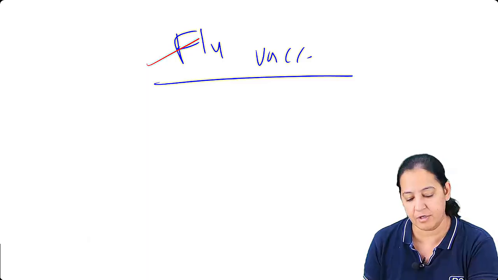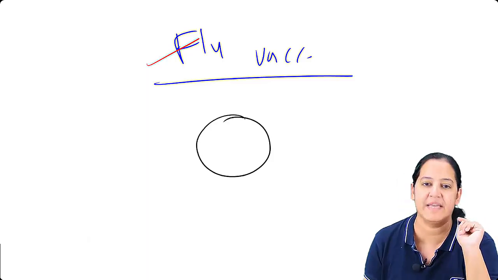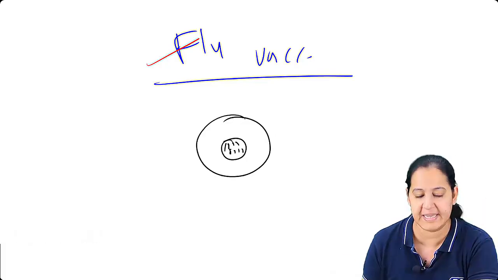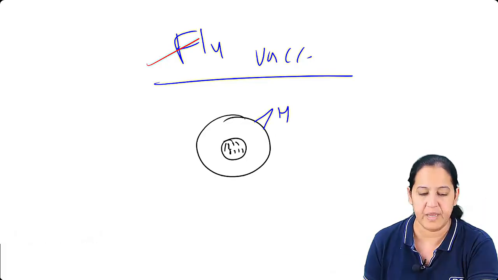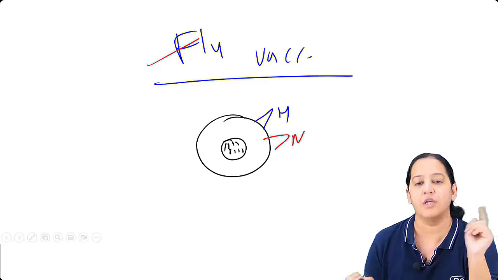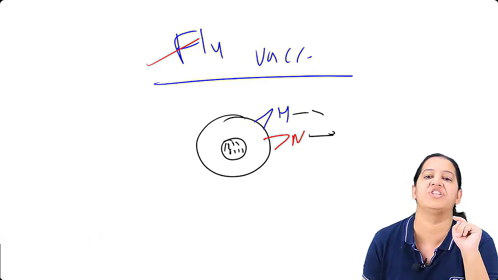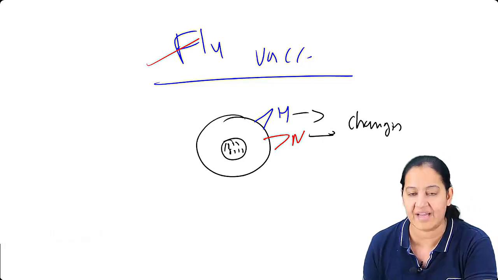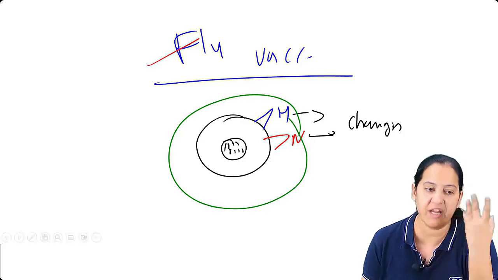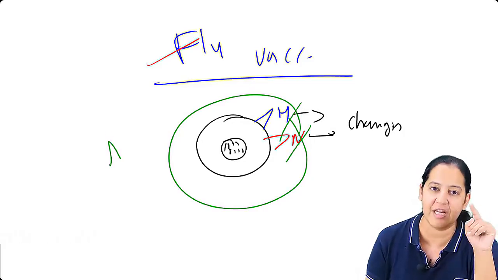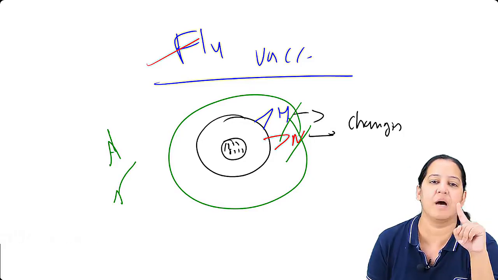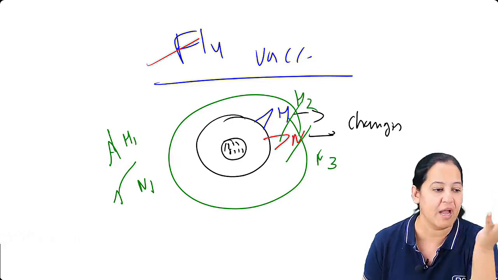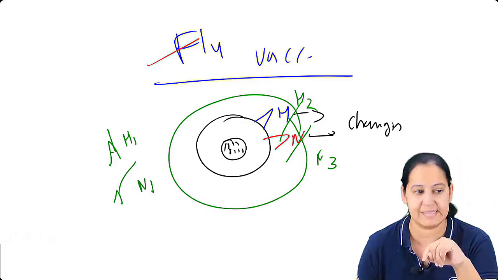But you should ask me a question that, ma'am, you are saying this is the influenza virus, it is having 8 pieces of RNA. चलो वो भी समझ में आया. ठीक है. It is having H and N on its surface. You are saying every time H and N keep on changing. So if you give me the vaccine for one virus, but what if the H and N are changed? I will have the antibodies for that particular H and particular N. For example, I'm having antibody for H1N1. But what if H becomes 2 and N becomes 3? I don't have antibodies for that. Yes, that is the problem.